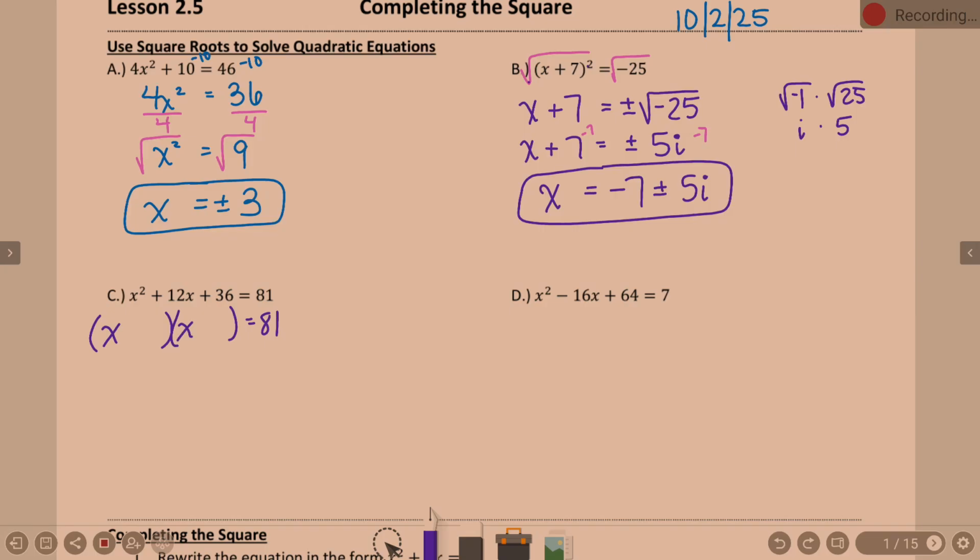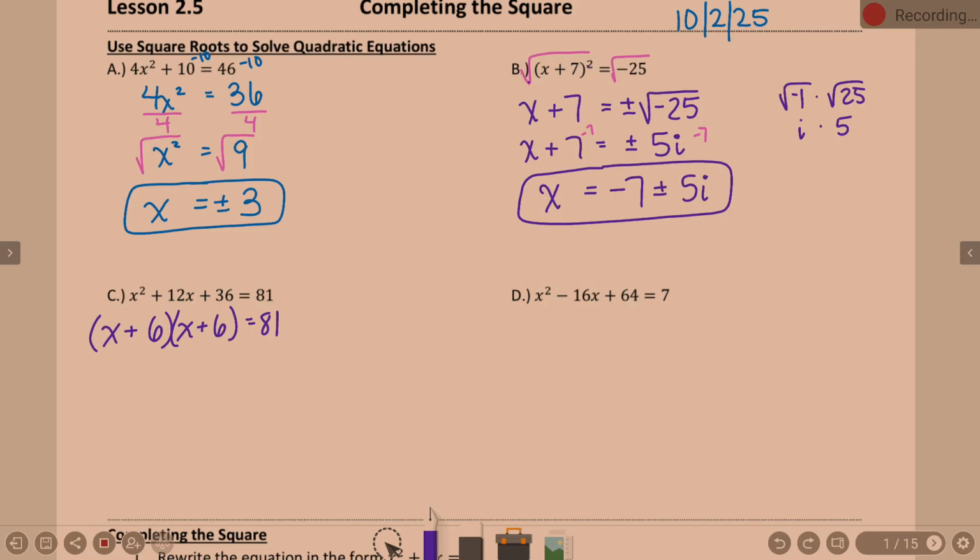X and X. The numbers that go in the back of the parentheses have to multiply to be 36 and add to be 12. Well, folks, what's the square root of 36? 6. So 6 times 6 is 36, and what's 6 plus 6? 12. If it multiplies to be positive and adds to be positive, this is